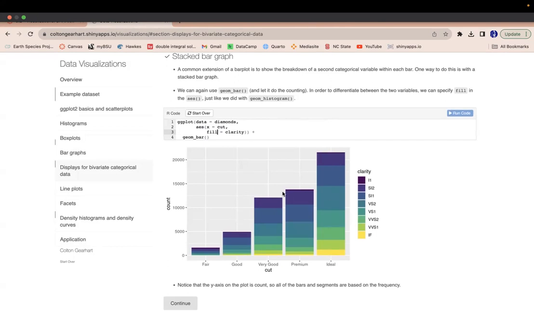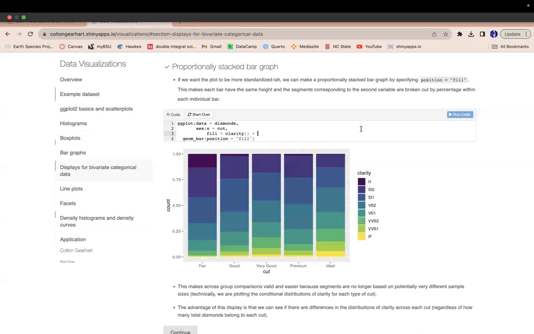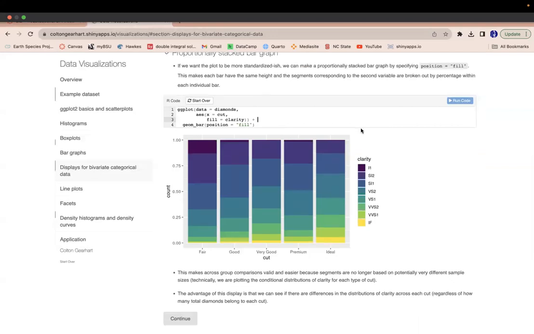So we still get an idea of the total sample size of the group, but now we get a breakdown of a second variable. If we're more interested in the distributions within each rather than the total counts, we can use a proportionally stacked bar graph. And to do this, all we have to do is specify an argument within geom_bar. And that argument is going to be the position. So if we do position equals fill and run that code, that gives us now a proportionally stacked bar chart,